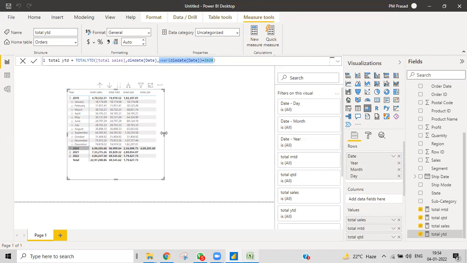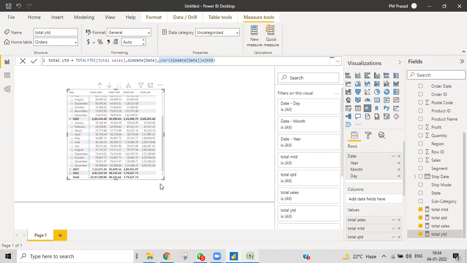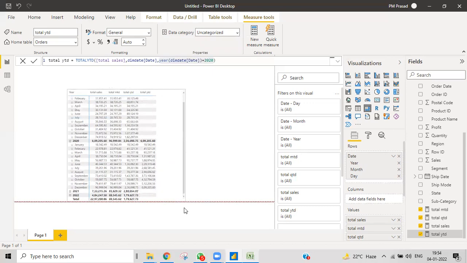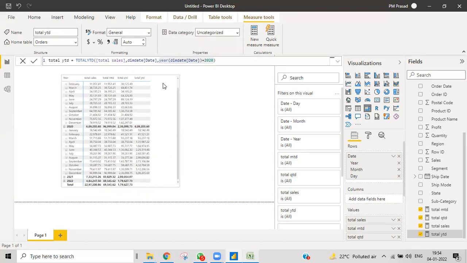You can see, I didn't get the cumulative for 2009, and I'm getting the cumulative for 2020, and I'm not getting the cumulative for 2021 or 2022. Hope you can see this, right? Yep. This is what the filter does, exactly like the concept of filter, which I told you I'll explain later.